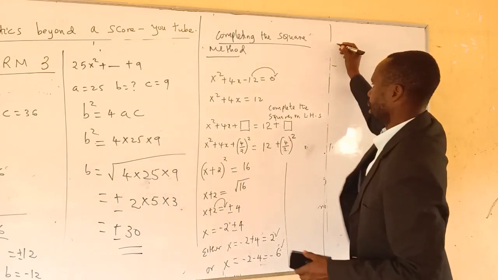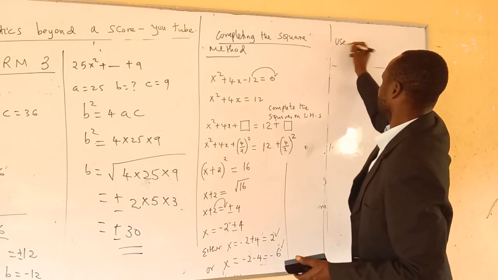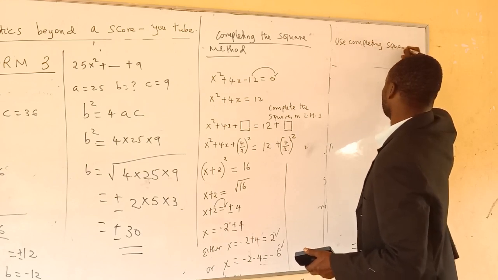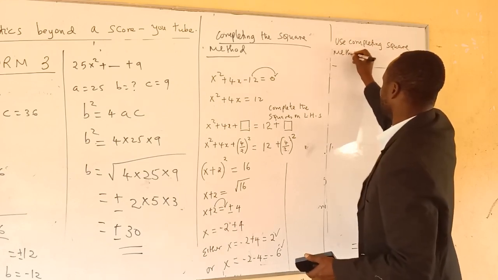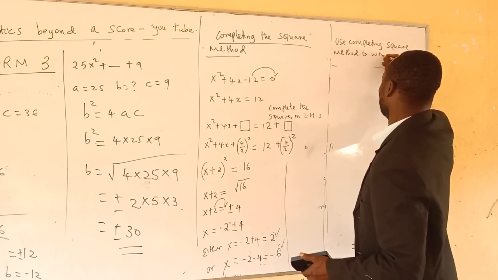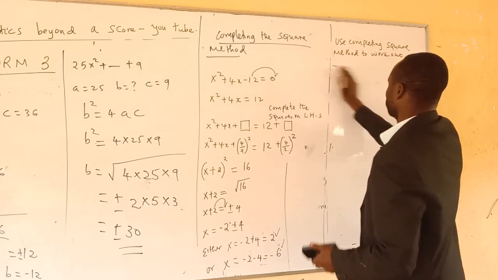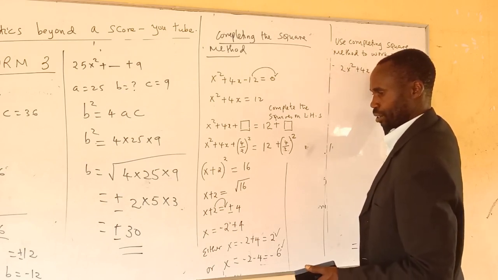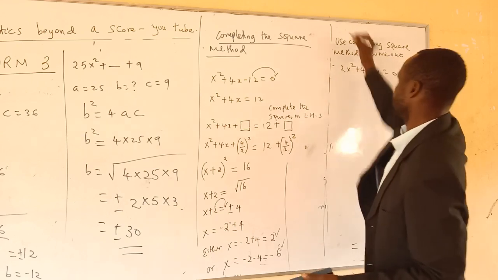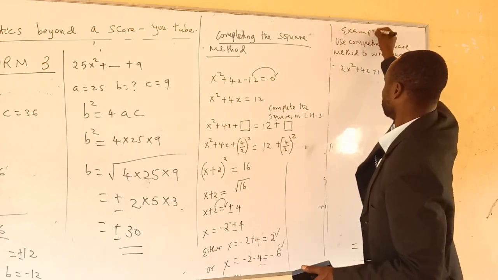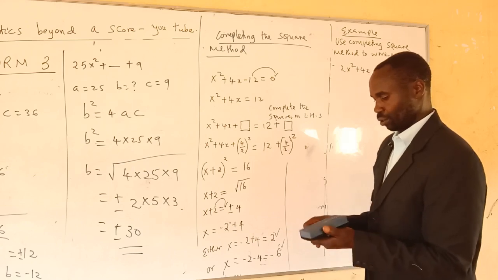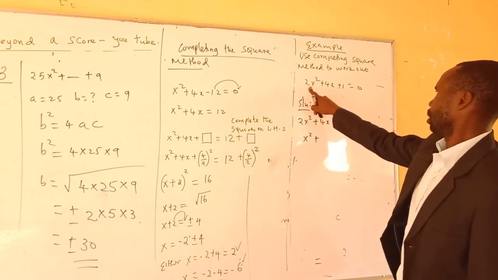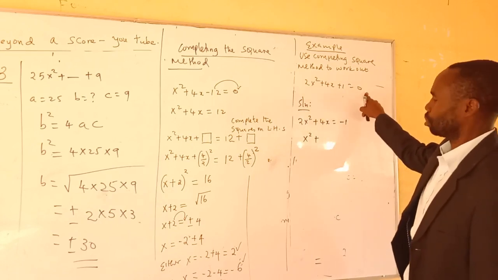Use completing square method to work out 2x squared plus 4x plus 1 equals 0. This is an example. So when you solve it easily like this, the solution of 2x squared plus 4x plus 1 equals 0